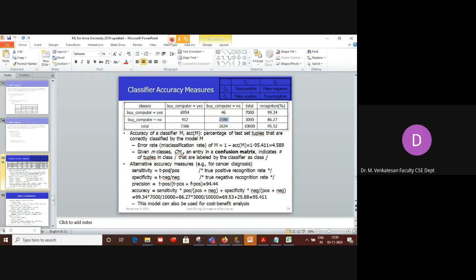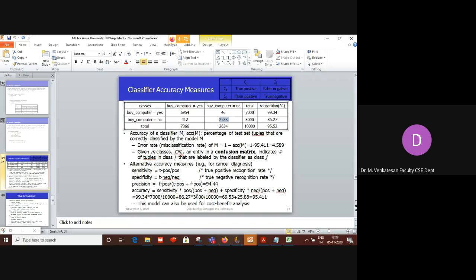It's the true positive recognition rate. Now what is specificity? It's the true negative recognition rate: true negative divided by negative. What is precision? Precision is true positive divided by true positive plus false positive. Like that it goes on.